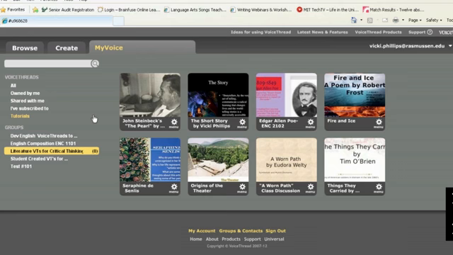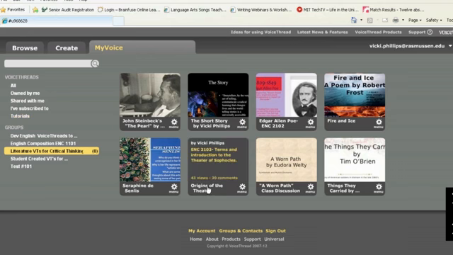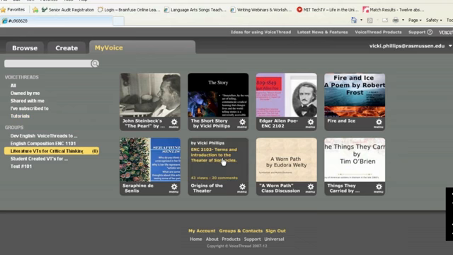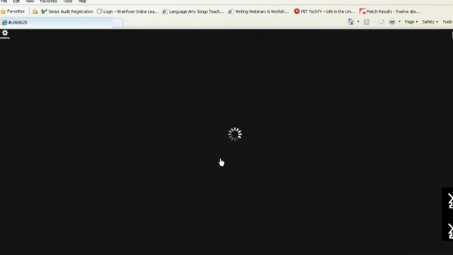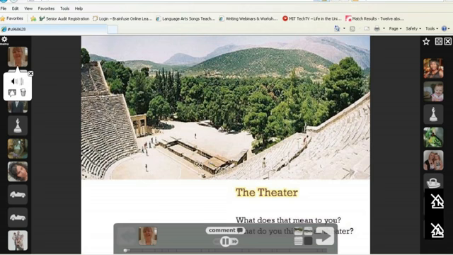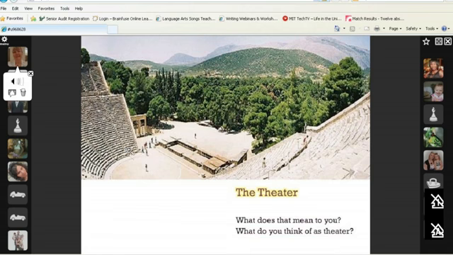So if we could, I just want to showcase, like this one was just a simple single slide that I had of Epidaurus in Greece, and I put this up, and all I asked them was, what does theater mean to you? This VoiceThread took me probably literally 5 minutes to make, and it had the most surprising responses. You know, because it was just a theater. Can you think of any theaters that you enjoy attending? And what was your first theatrical experience like?